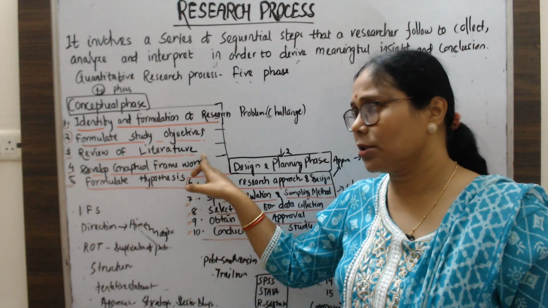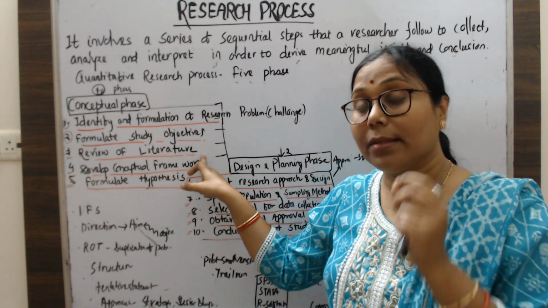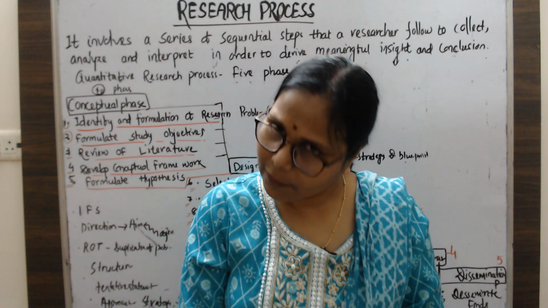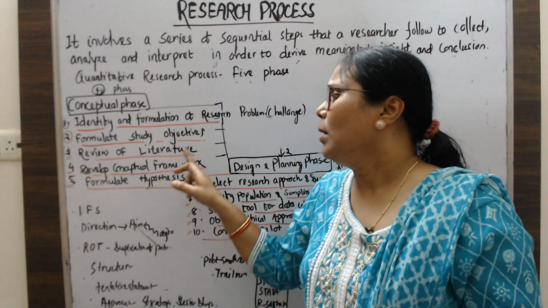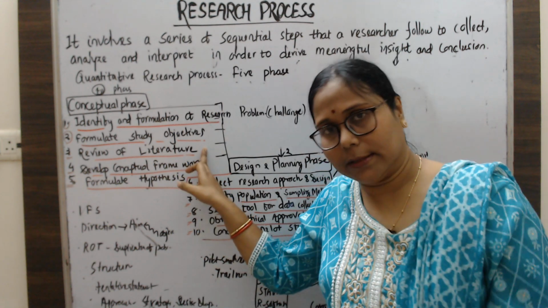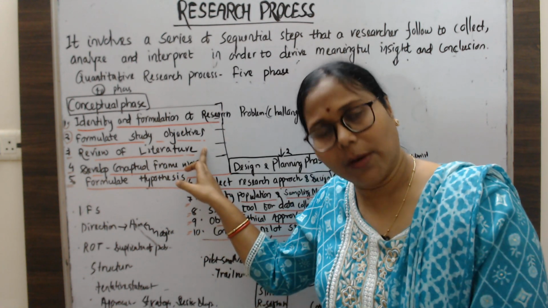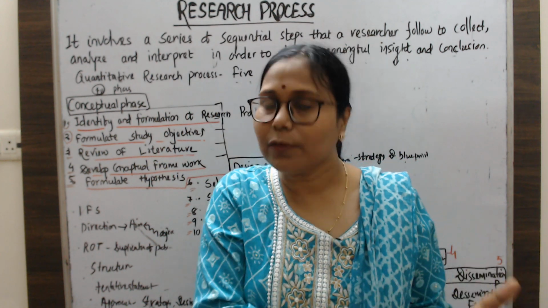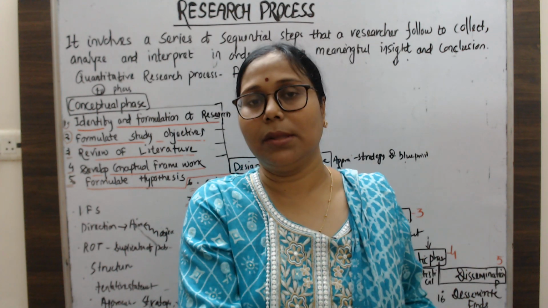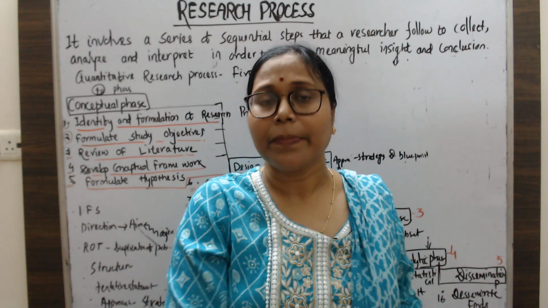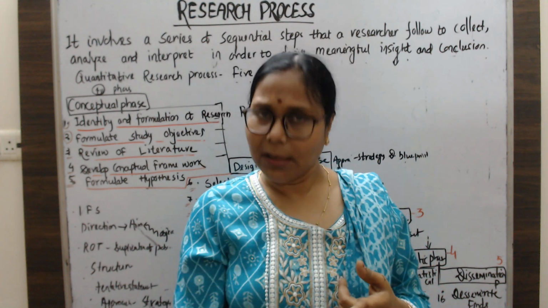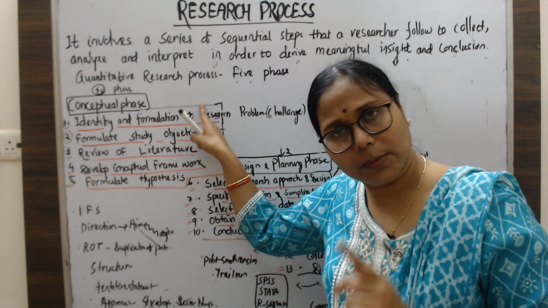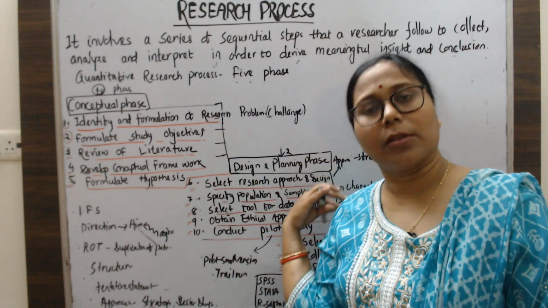Third one, review of literature, or ROL. It is helpful in 3 phases: in selecting the research problem, in the planning phase, and in the discussion phase, because the review of literature is content that already exists in theory or textual form. When we plan for a research problem, we have to read the existing literature. This way we will avoid duplication of research. So it will be helpful in selecting the research problem, in the planning phase, and also in the discussion phase.